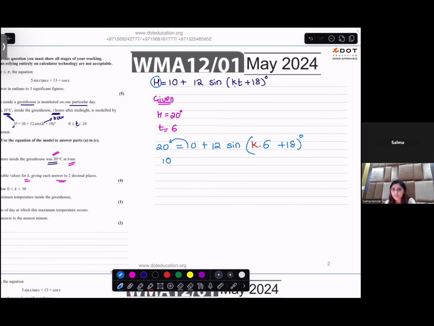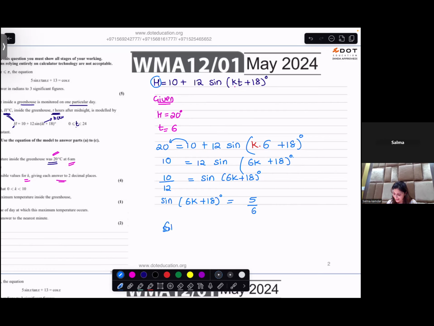Okay. So this would become 10 is equal to 12 sine (6K plus 18) degrees. So I would say 10 by 12 is equal to sine (6K plus 18) degrees. I just manipulate the equation, so it's going to be sine (6K plus 18) degrees. I put my 10 by 12 on the calculator, which is making it 5 by 6. Okay, now I would say